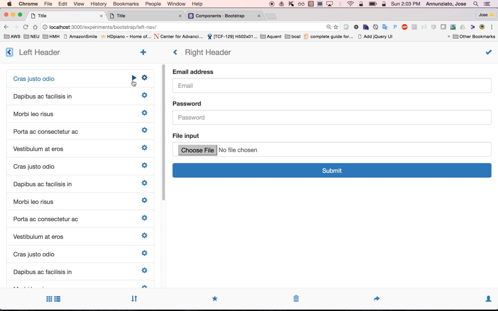generate an action for that item, like I could run or play or click on this cog, so that I can edit or modify preferences over that item, or click on the item itself, and then perhaps I would navigate to some more details about that particular item. So let's build something like this